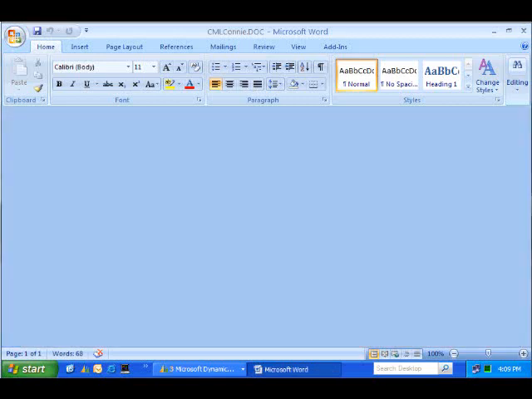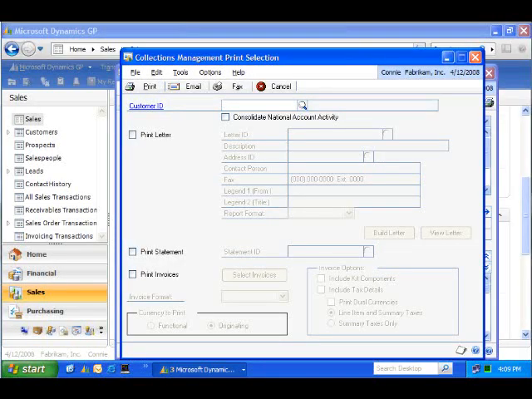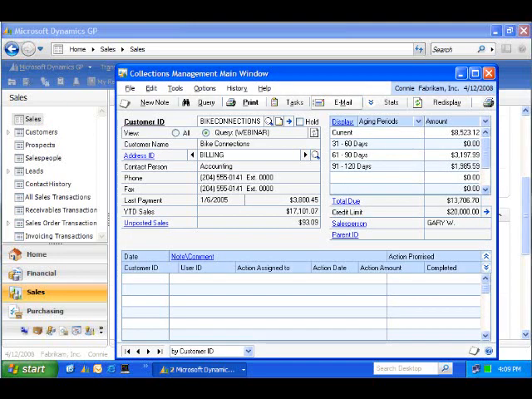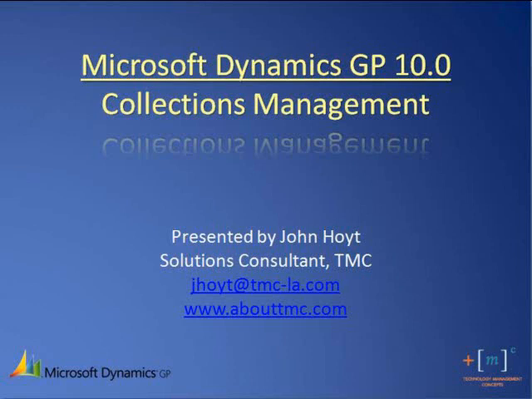That's the process for creating a letter in Microsoft Word. When I close that document and go back into the collections main window, I'll click Redisplay, and you can see that we've included that action item of sent letter. Combination of Microsoft Dynamics GP's collections management as well as the letter writing capabilities of Microsoft